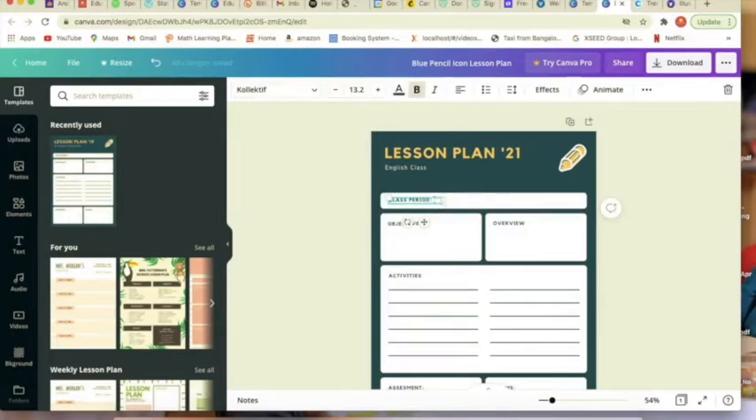Then you write down your objective, your activities, what will be the overview of this classroom, what overall a student will be learning, or what will be your step-by-step activities. You can write that in the overview box. Once you do that,